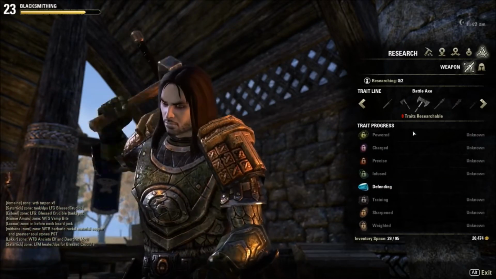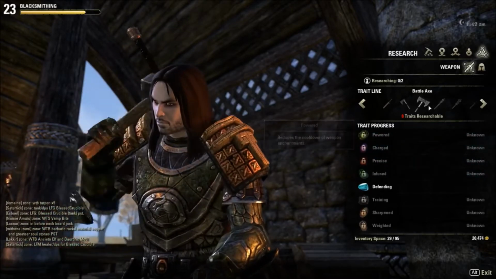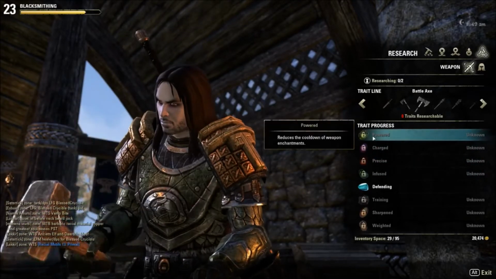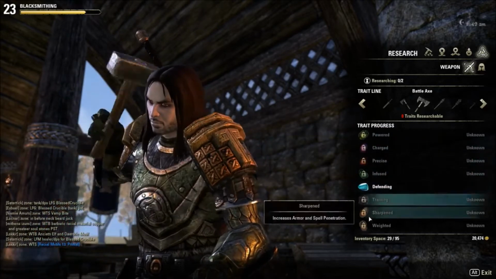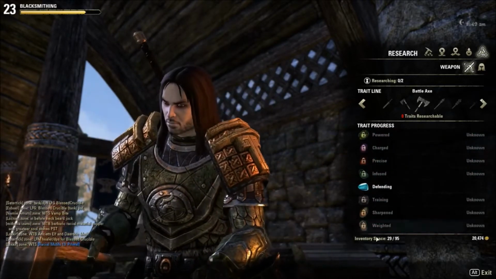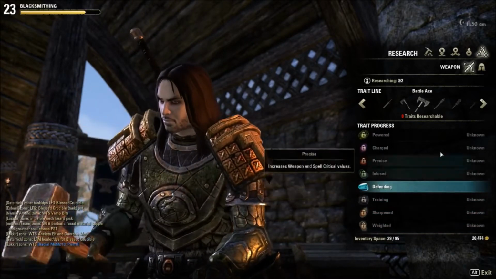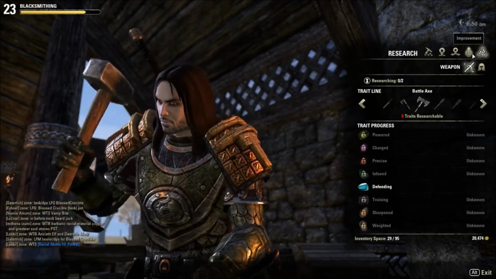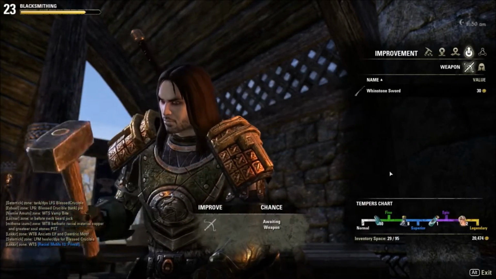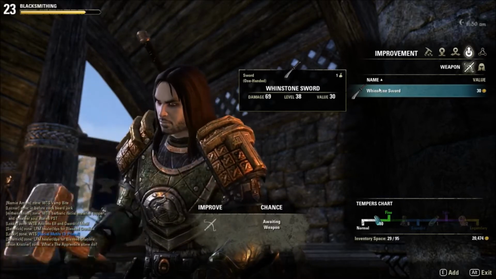If I find a battle axe that has the powered trait, I can research that and then recreate a new battle axe with that trait on it. And each one has different things. Some are more useful than others, and there are some traits I've come across that are, as thus far, untrainable in this zone here. Now, crafting, if you find a sword that you really like, you could take that sword